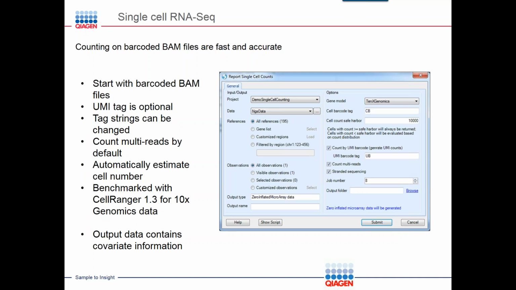If it's UMI, a lot of time it's actually stranded sequencing, so the counting module needs to handle that. So this is a very flexible and generally useful module. For 10x Genomics data, we actually benchmarked the counting with Cell Ranger 1.3. The results are essentially the same, based on essentially all the public data that we can download from 10x Genomics. So we know this counting module will give essentially the same results as the Cell Ranger